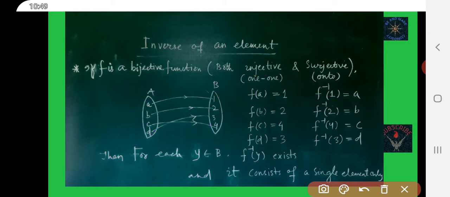Okay, now you see here F of A is equal to 1, F of B is equal to 2, F of C is equal to 4, F of D is equal to 3.